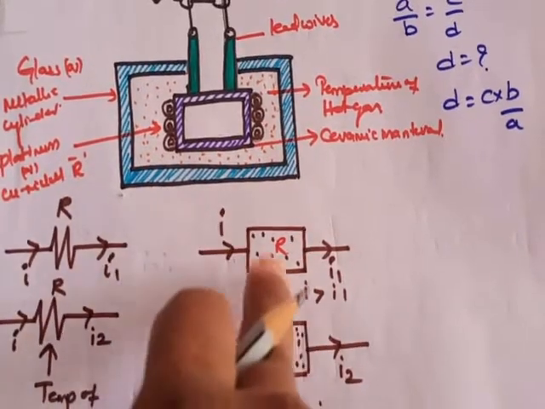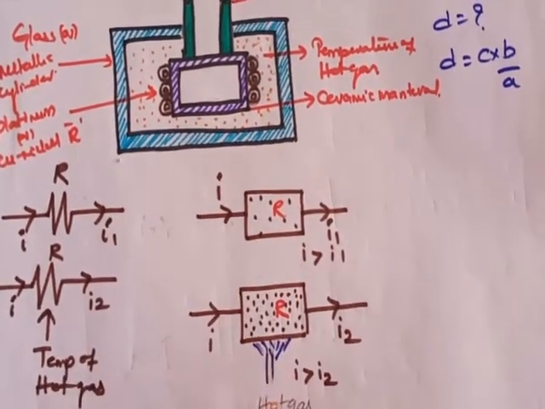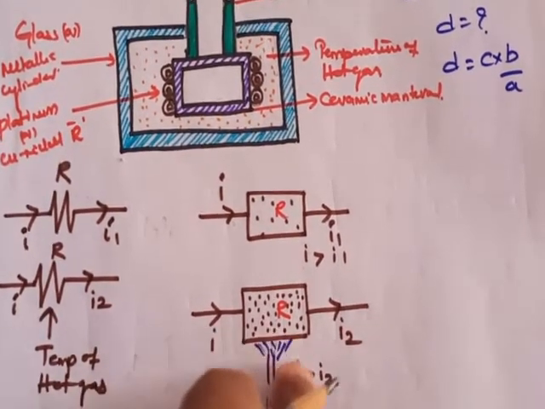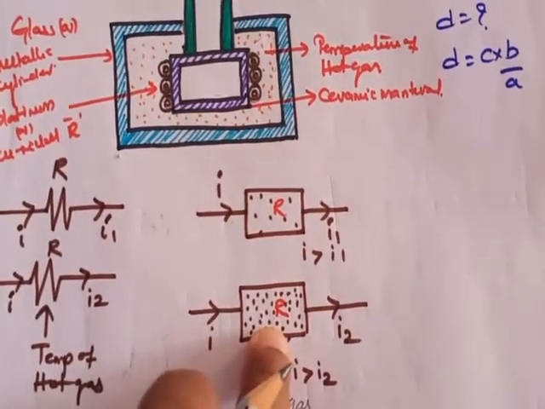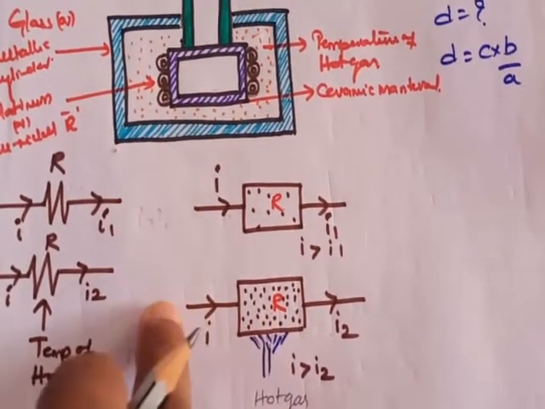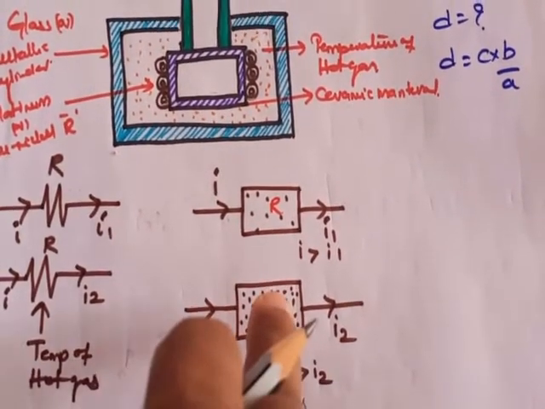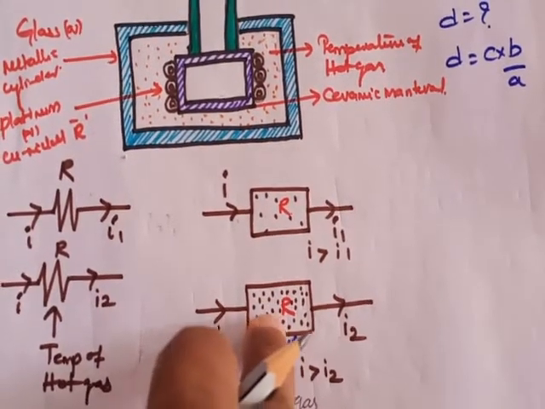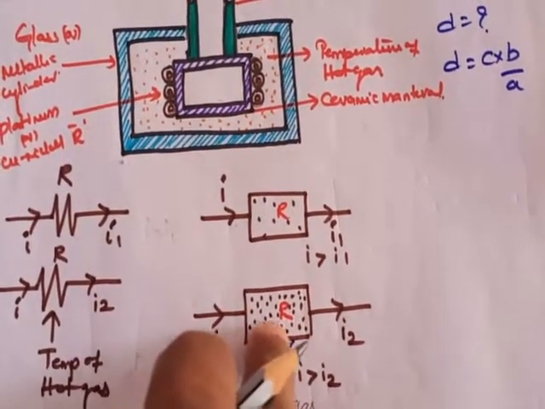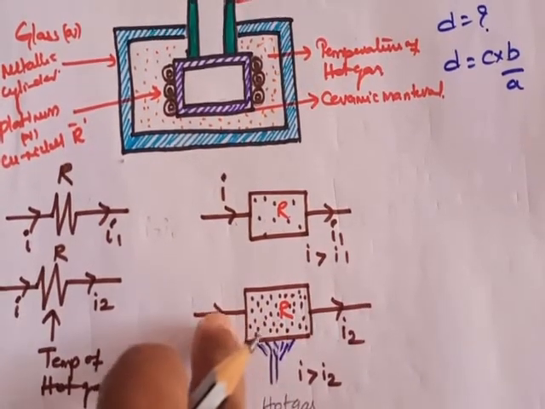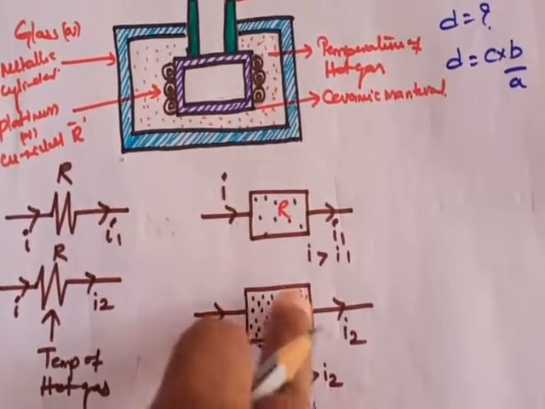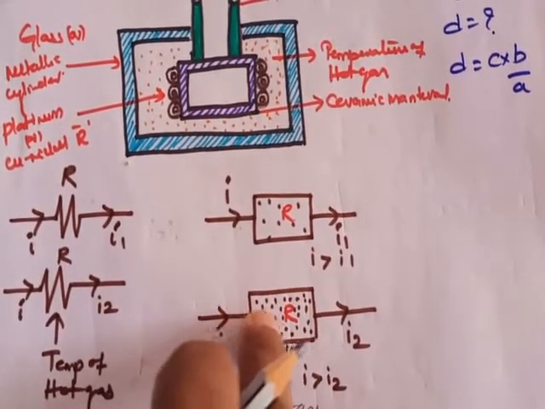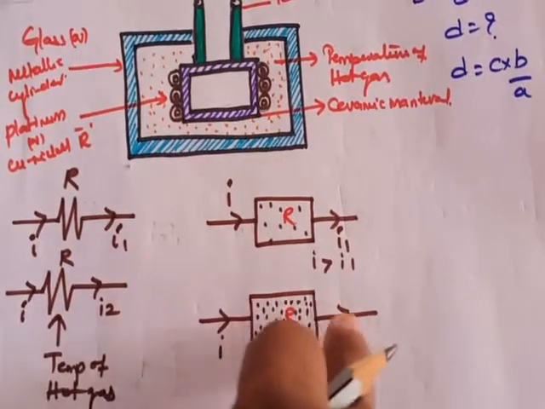Suppose we take the same resistor element into consideration, and you give some hot gas or heat, increasing the temperature. Whenever you increase the temperature, what is happening? The sending in current is I1. The molecules, which have some constant vibrations, try to expand and also try to obstruct the flow of current. So whatever current we are sending, I, what do these molecules do? They try to obstruct the flow of current, meaning there will be no free movement of electrons from this position to this position.